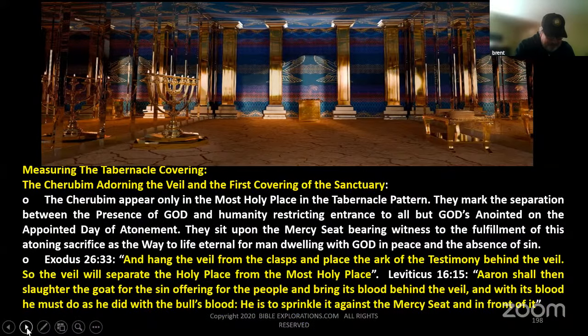The cherubim appear only in the holy place and most holy place of the tabernacle pattern. I just said that they cover both areas, but where they're exclusively. So, for example, if you're standing in the holy place and you look behind you towards where we're taking this picture from, you will not see the cherubim. You'll see a beautiful, same color, same design. It's missing only one thing. It's missing the cherubim, the entrance door to the holy place.